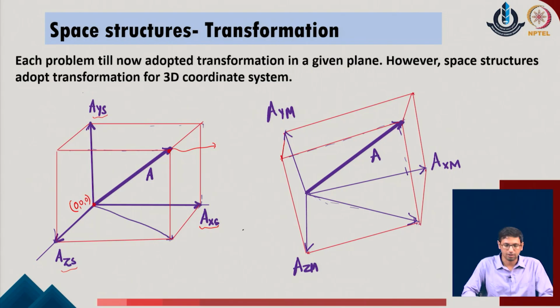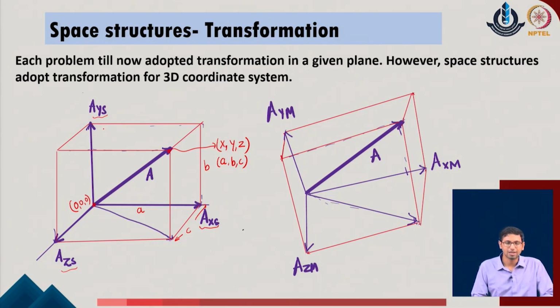Now if I define it with respect to the coordinates, it has a coordinate of x, y as well as z in the given system. So, if you locate the distances, say this distance is a, this vertical distance in the y axis is b, and this distance happens to be c in the given system. So, I can realize that this point has a coordinate of a, b and c. So, it is not an element existing in a simple 2D plane, but rather it is a system which has come out of the given plane now.